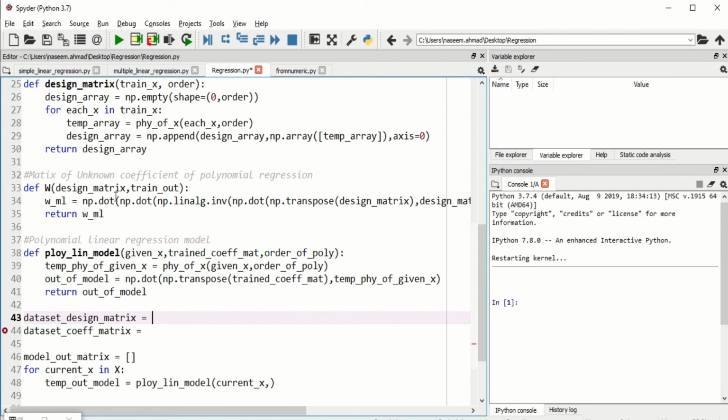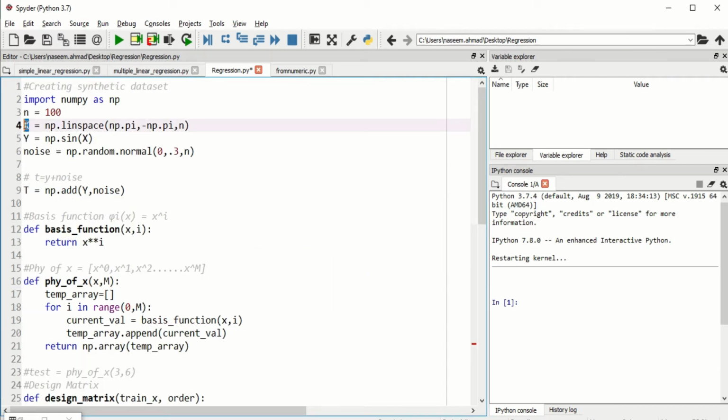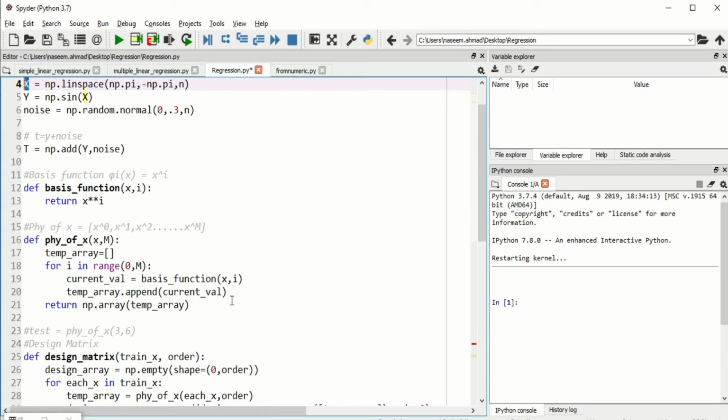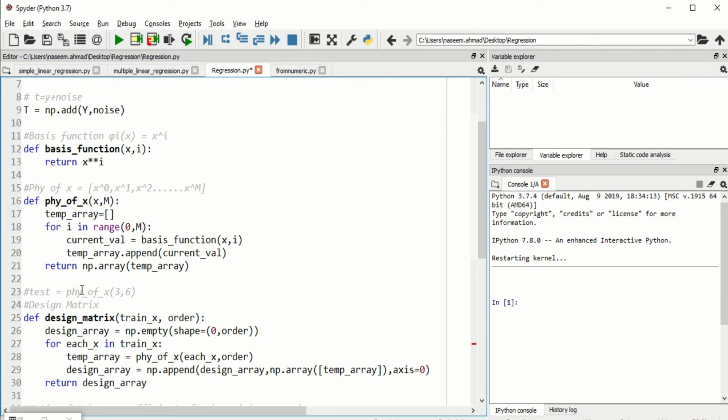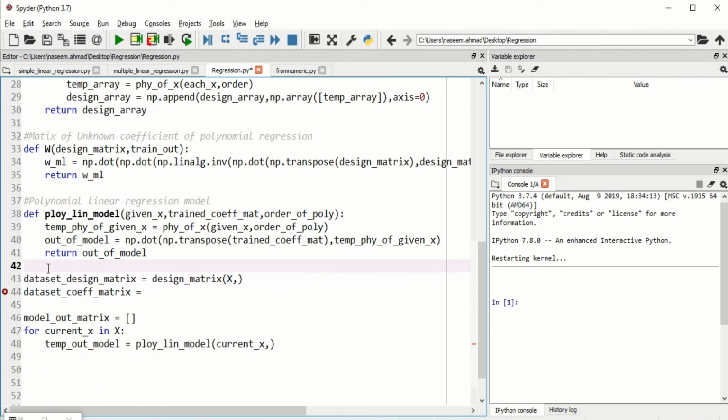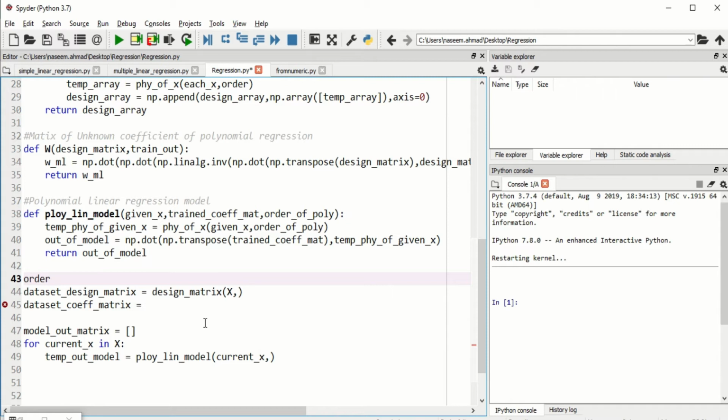How can we create the design matrix of our dataset? We have already decided on a function. Let's use this function, and we need to supply train x. And in our case, what is train x? Sorry, what is the train x? We have x. And the second thing we need to supply to this method is the order of the polynomial. So let's create another variable, order of model. In the first place, let's start with 2. We will increase it, and we will see how the functionality of the model changes as we change the order of the model. So the order of the model is 2.